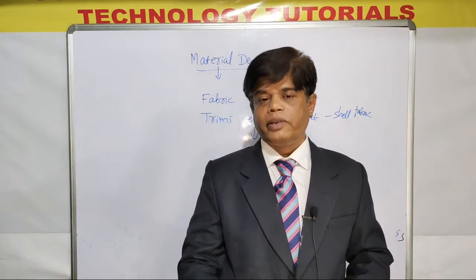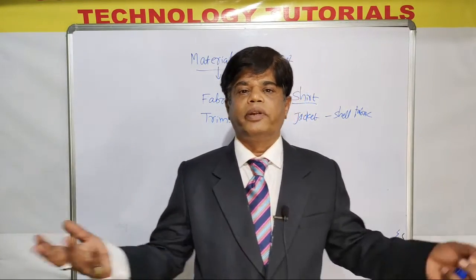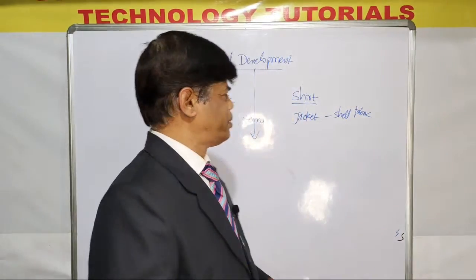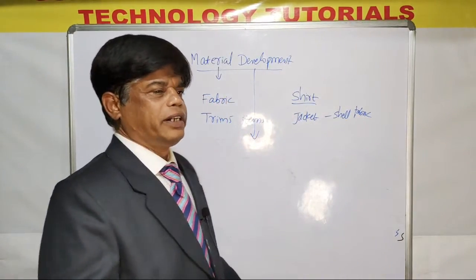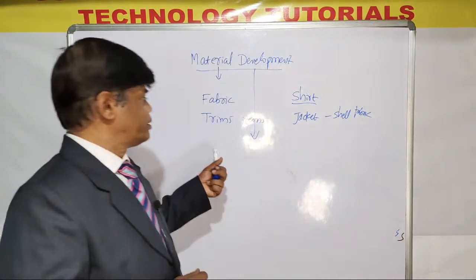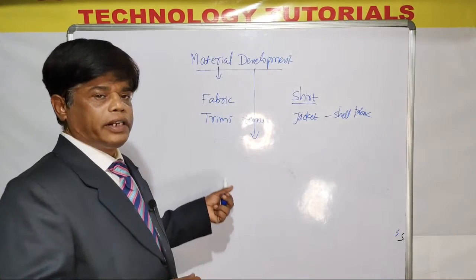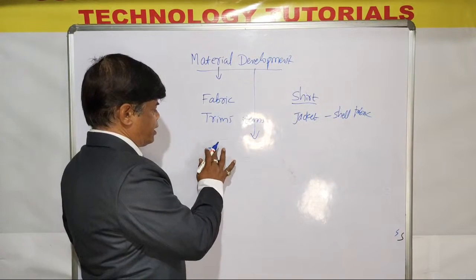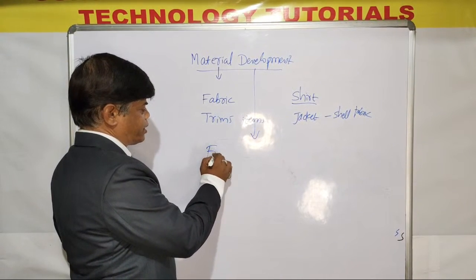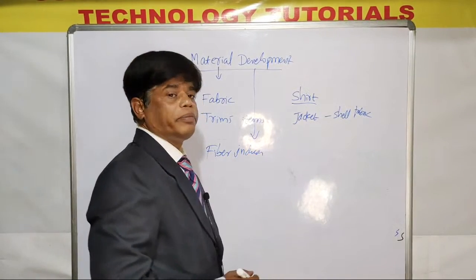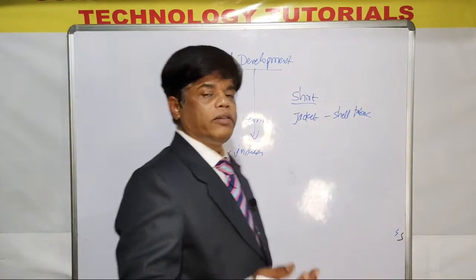Developments in food technology, in clothing technology, in shelter technology. In many ways development is a facility. To provide a facility, development is required. That is one part. Second part, if I come to the garment industry or textile industry, the mill, the spinning mill, yarn, the fiber industry, what type of development is required?